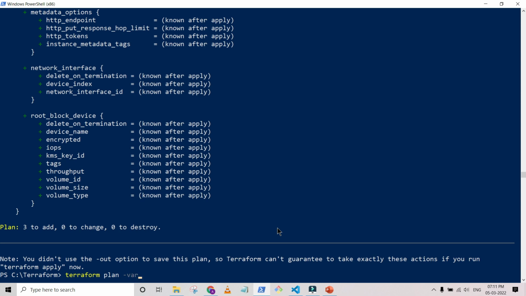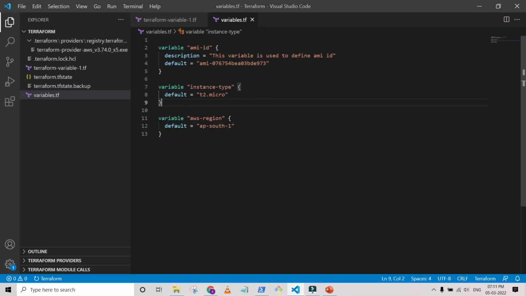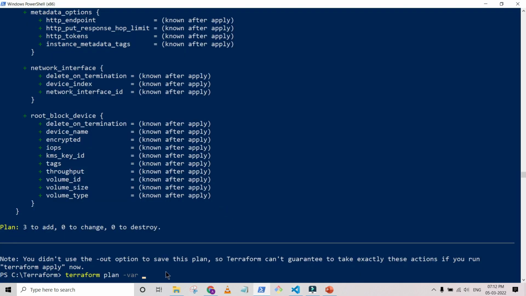In that case, you have to put the var flag here. Okay, and you have to use the variable. What is the name of the variable for the instance? Because you have read-only permissions, you can review it. So just copy it and paste it here, instance type, and then you can use t2.large. Okay,